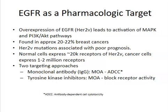So there's two targeting approaches that we can use. One is to use a monoclonal antibody. This is a recombinant IgG, whose main mechanism is ADCC. Recall that's the antibody-dependent cell cytotoxicity. And then another, smaller molecule, and that's what they're called, small molecule tyrosine kinase inhibitors. These are smaller organic molecules that actually fit into the receptor and block its activity. So the first group of drugs is protein in nature, and the second group are your classic small